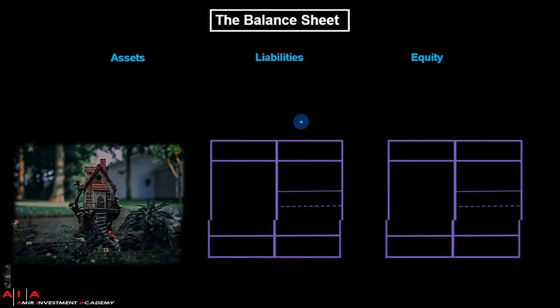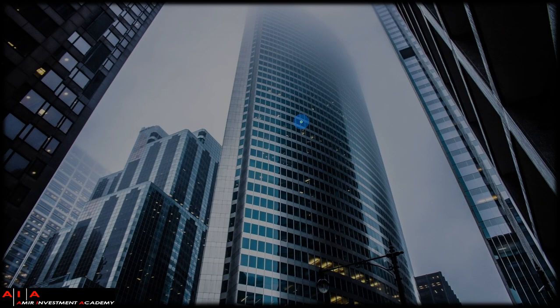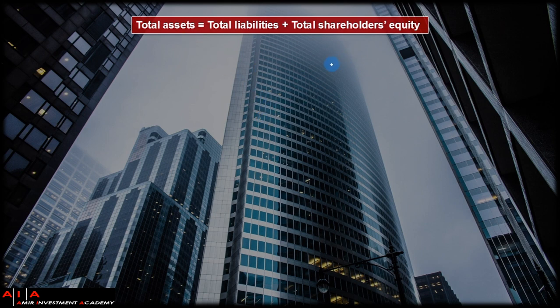Now from the company's perspective, for them to acquire the assets that they need to grow and expand, to make new products, to buy that beautiful building or whatever, that equation must still hold when it comes to the balance sheet. The total assets of the company must equal the total liabilities plus total shareholders' equity. Here we say shareholders' equity because when a bunch of people chip in, that's called shareholder equity. So in other words, it has to come from the shareholders' own pocket,